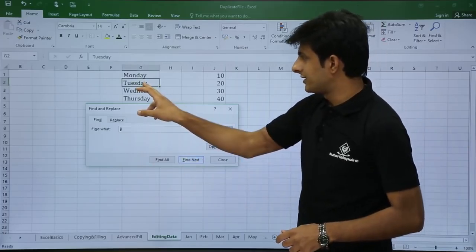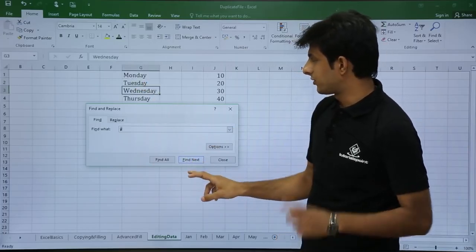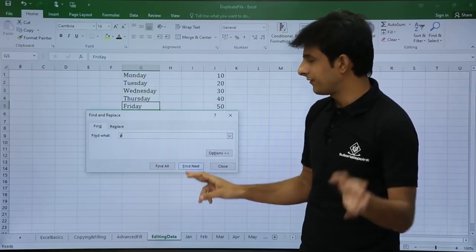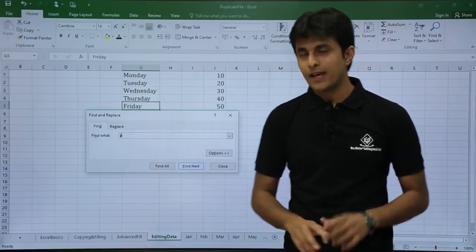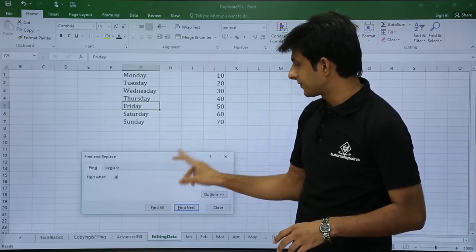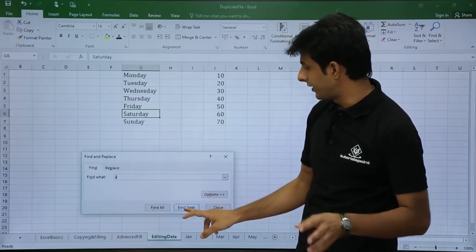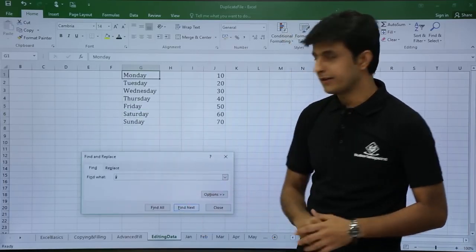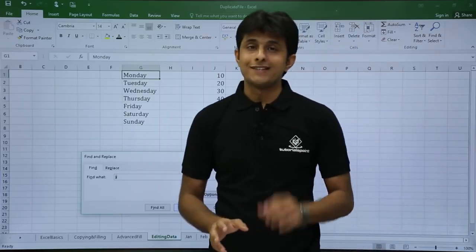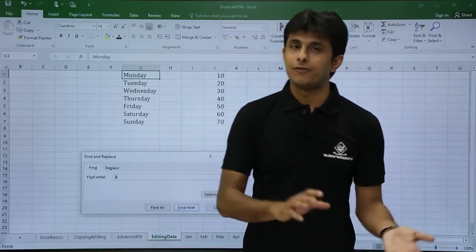You see my cursor has navigated from G2. Now it is on G3, G4, G5 and so on, all these places. If I want to go back, find next. So it will keep on finding all the places. Now if I want to replace this alphabet Y with some other alphabet,